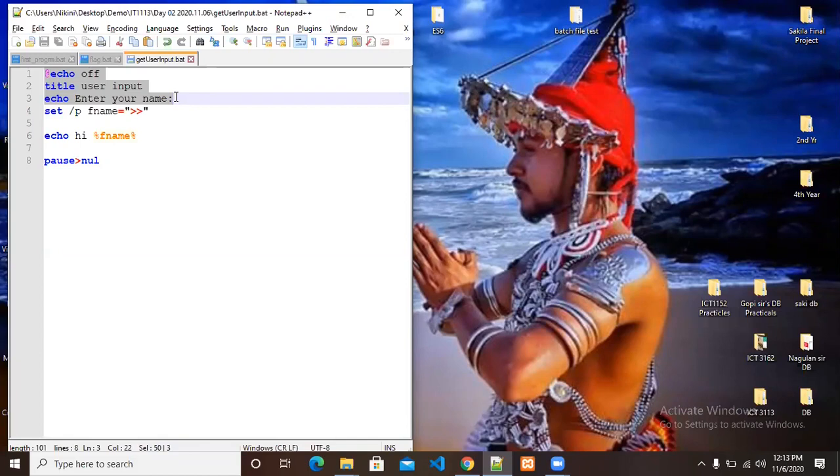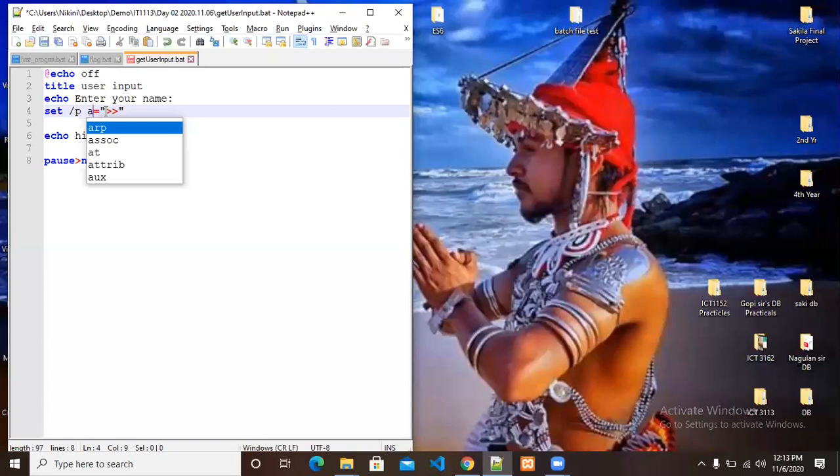So for getting that value the user types, you have to set a variable. This is the variable. fname is the variable. You can give any variable name, whatever you like. You can assign it. The part the user is going to enter is going to be caught by this variable.